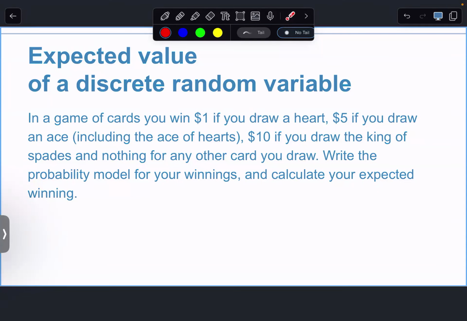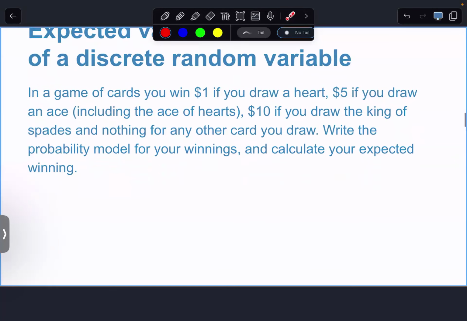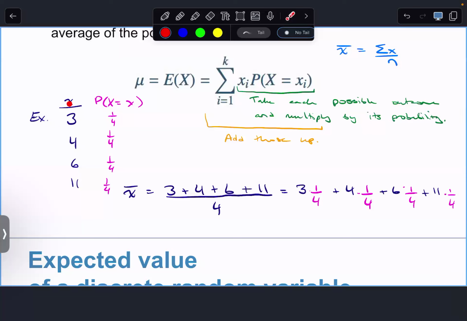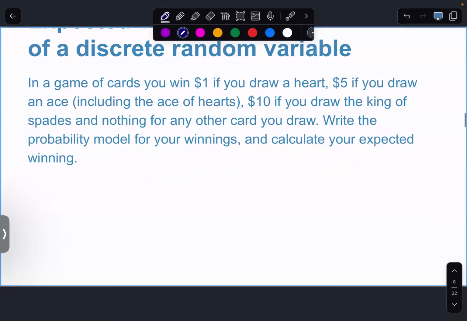Okay, so how are we going to organize this? Let's organize it in the same way that we did in this little itty bitty example, right? I have some overall game, right? X with individual outcomes, right? Or events. And then I'm gonna list the probabilities of each of those beside in the next column. And so here, we're gonna say, okay, I'm gonna let X,